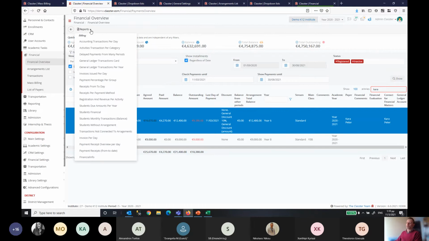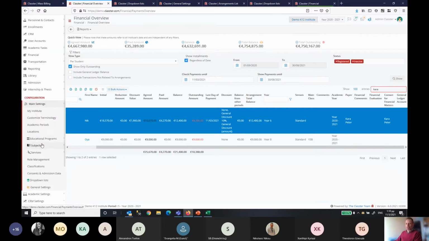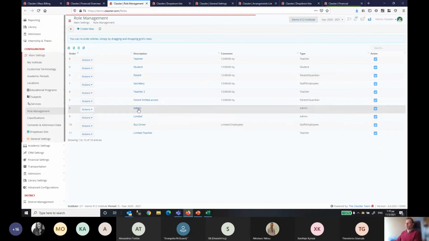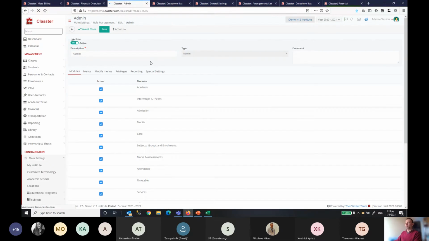Here I also have a lot of reports related to financial management, how to manage all these things, how to go and see all the different reports. Keep in mind that the reports you see here are configurable. They are set on the role level. So if I go to the role and open my role as an admin, I will open the admin role here. I can go and see in the reports